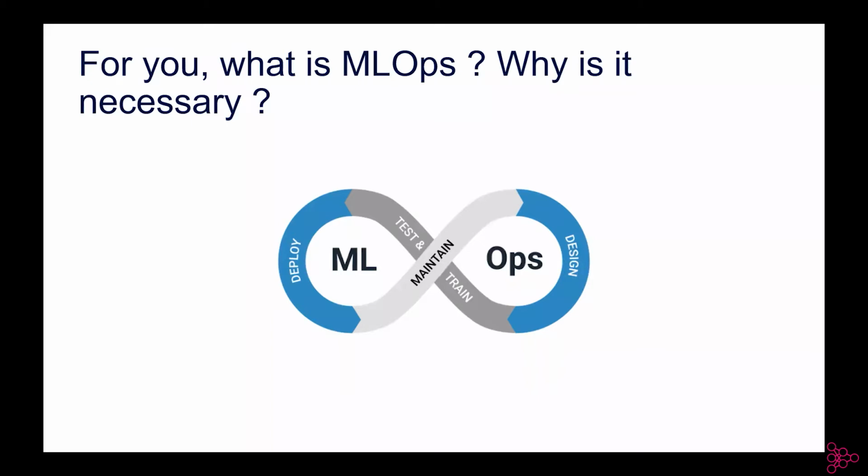Why is it necessary? Based on the statistics I've been reading on Forbes, 87% of machine learning projects are just failure. They never go to production. They just stay at the development stage. Why? Because of a lack of MLOps, because no one has either the expertise, the energy, or basically the vision to say, hey, we should focus on machine learning operation as well.